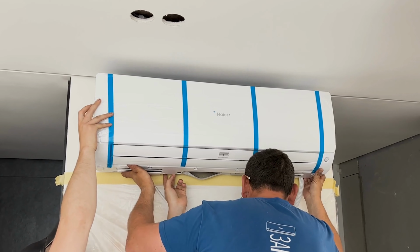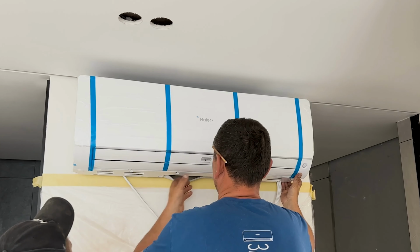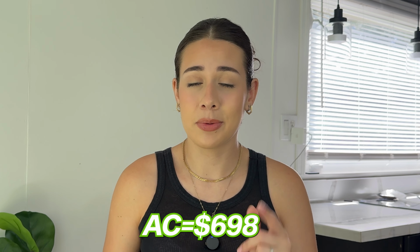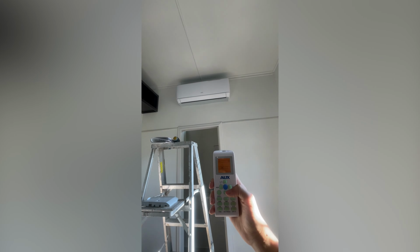And if you didn't know, a typical mini split plus the installation, which you need special tools and things for, is roughly $4,000. And I could not fathom, because that was 1/3 of the price of the total tiny house. So I decided to buy one at Lowe's for, I think it was $700 honestly, and it was at a discount. And I also decided to learn how to DIY install it myself, which ended up kind of going south,